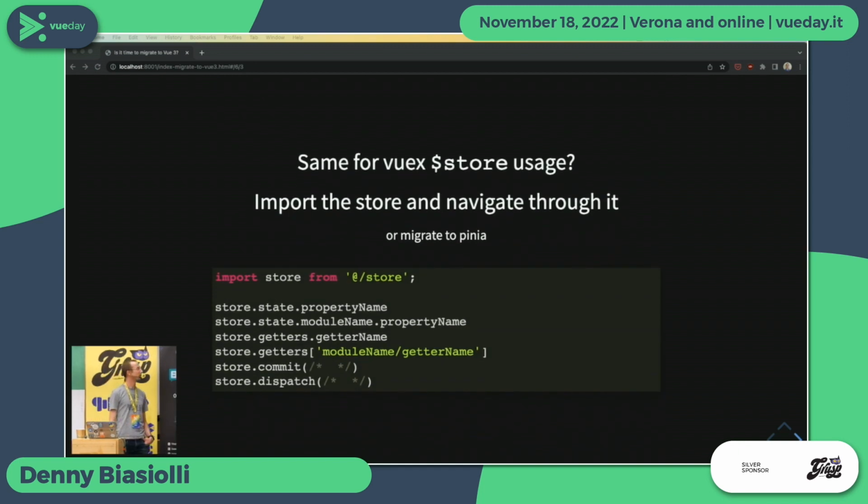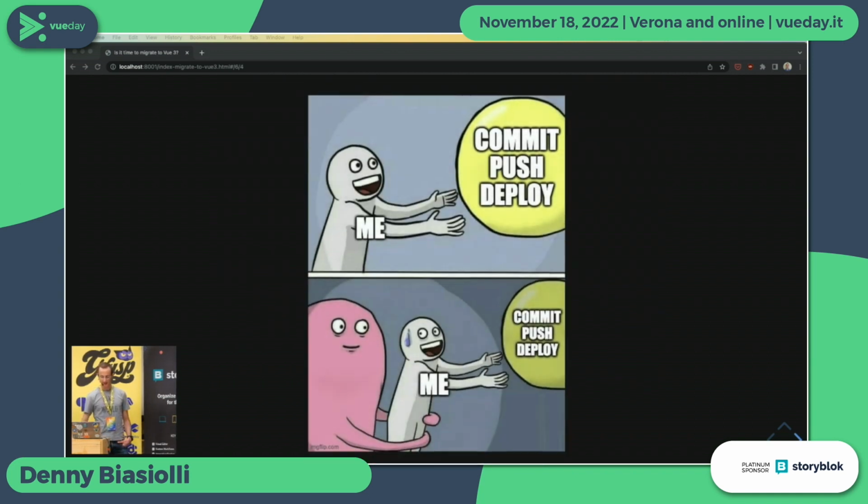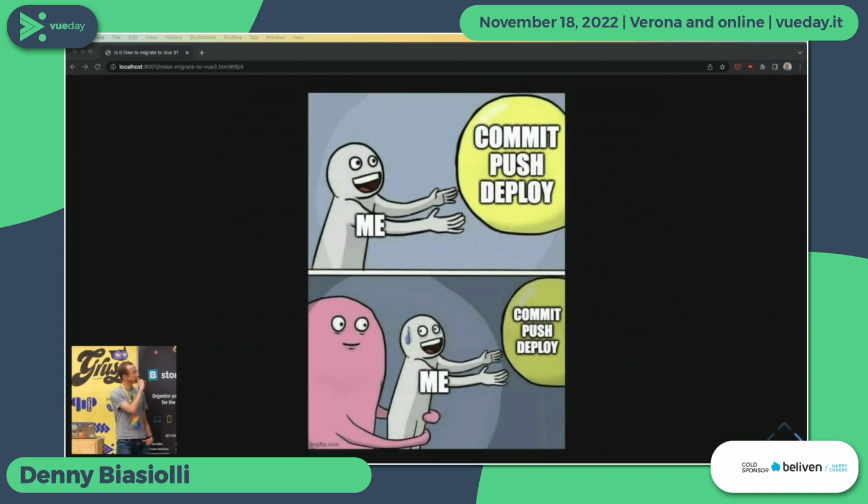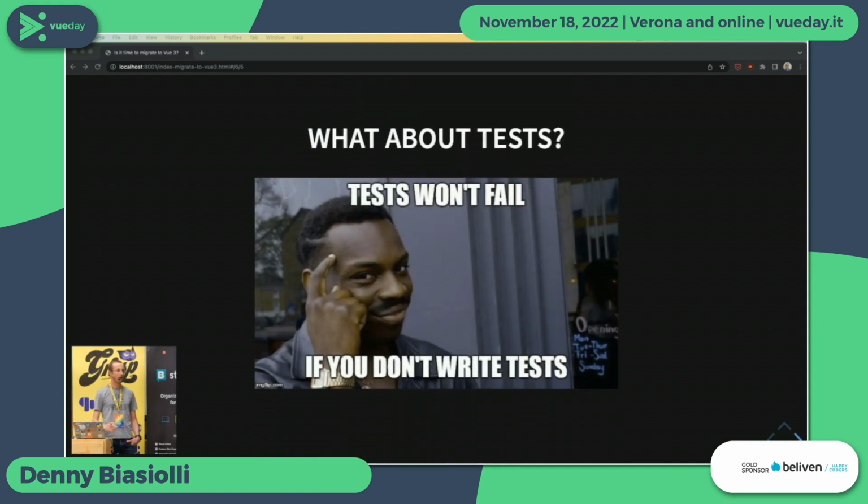Kind of the same for Vuex store if you are using Vuex. So you can now import the store and navigate through it, because you can't use this.store anymore. So you can use it like this. Or maybe you will consider the migration to Pinia, but there is another talk maybe next year. And now, well, yeah, you can not commit, push, and deploy, because,